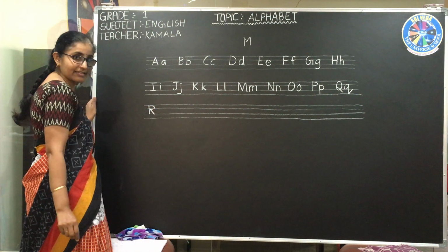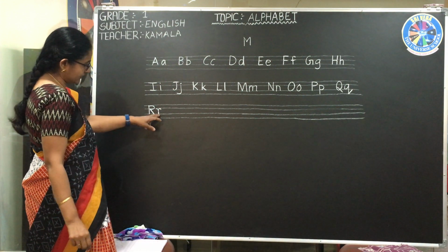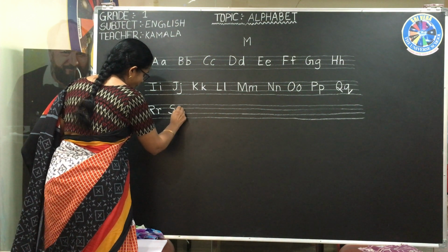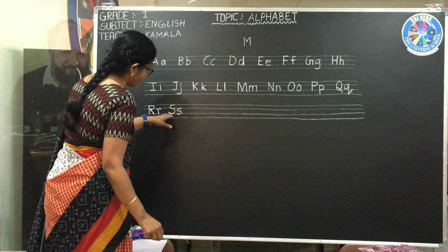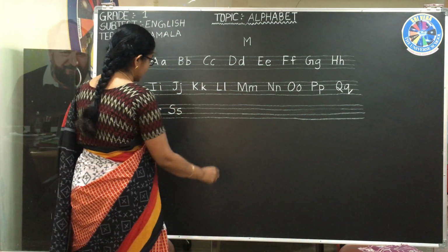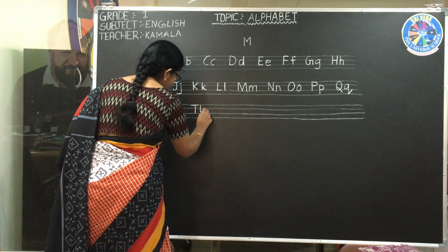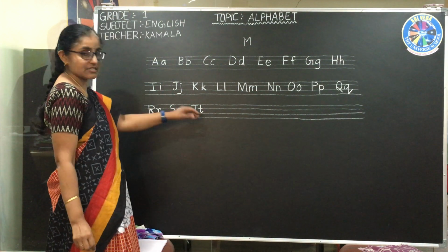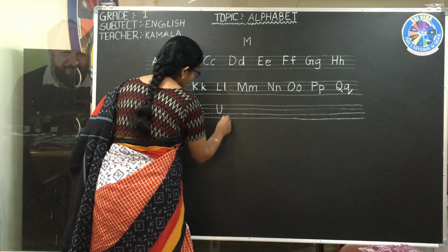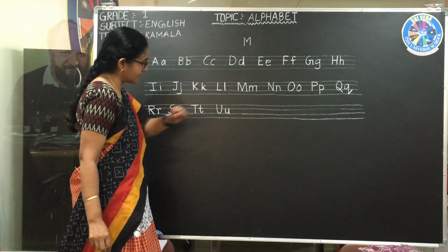R. Capital R is like that, you have learned. And small r is like this, only in the center two lines. After R it is S and small s. Again like O, this one also is only the difference in the size. Capital S and small s, they look the same. After S it is T and small t. This is how we write T and small t. After T it is what, children? U. U and small u. For small u we give this line down.